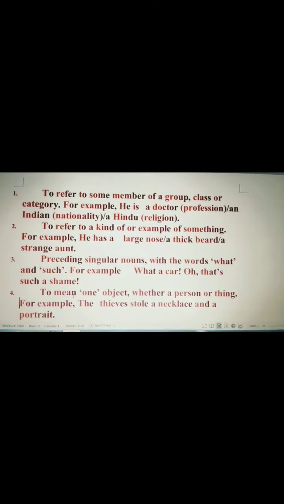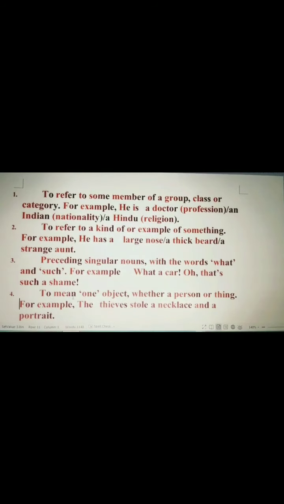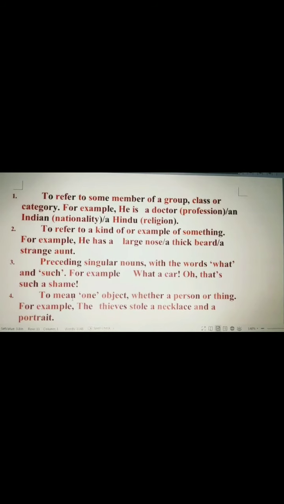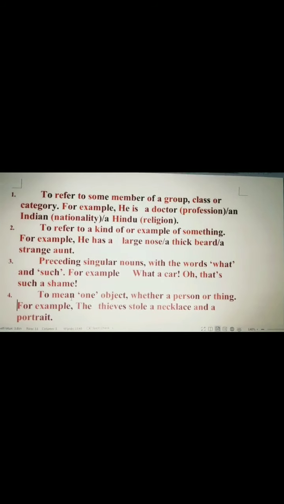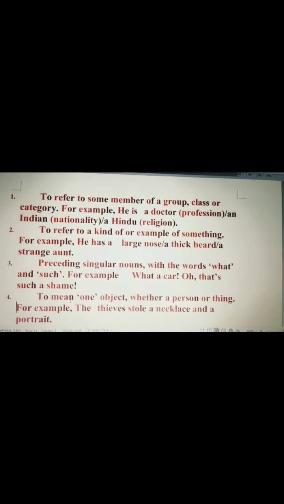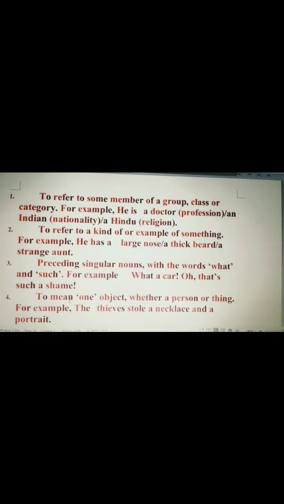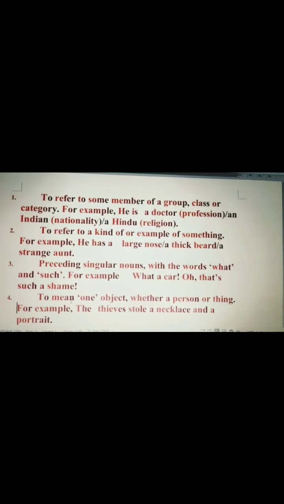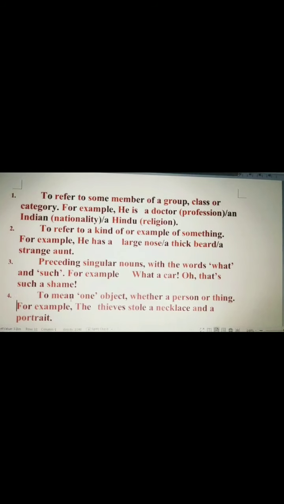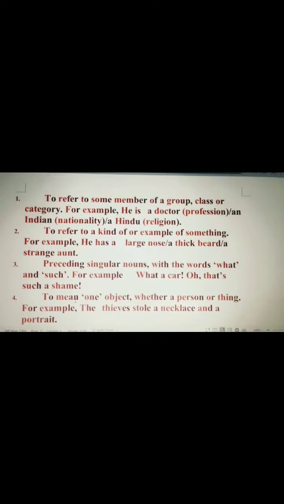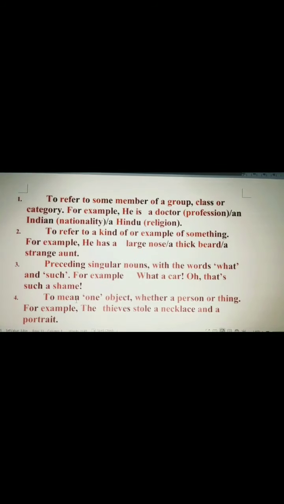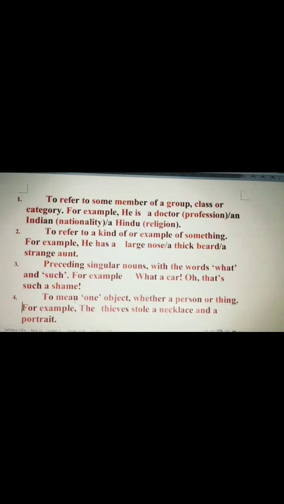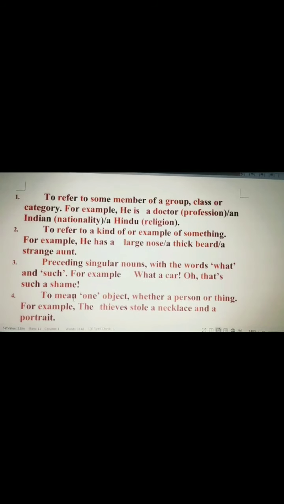Secondly, to refer to a kind of or any example of something, for example, he has a large nose, he has a thick beard, he has a strange aunt. So when you are referring to a particular kind of person or object, you use it preceding a singular noun, also with the words what or such. For example, you have seen when you are saying in the exclamatory sign, what a car, oh that's such a shame. So then also you are using